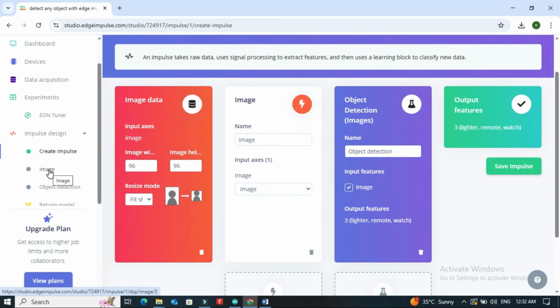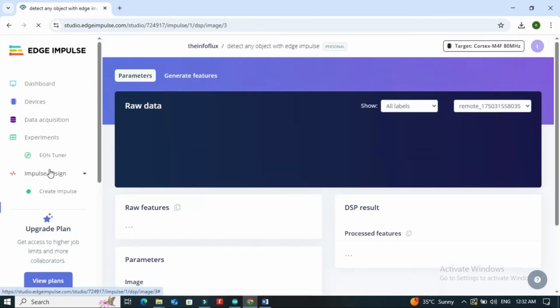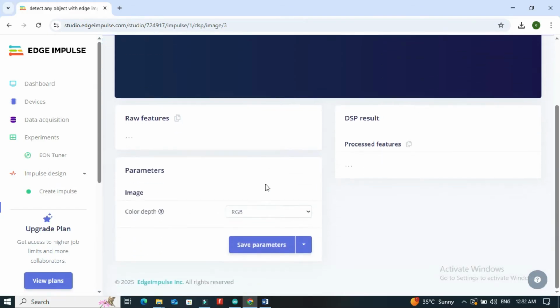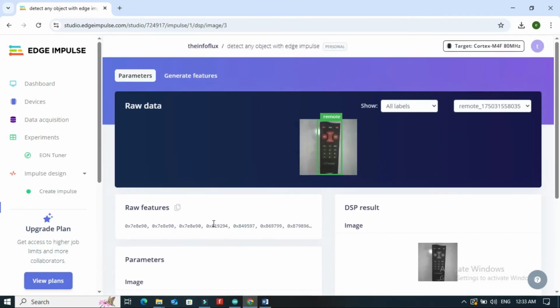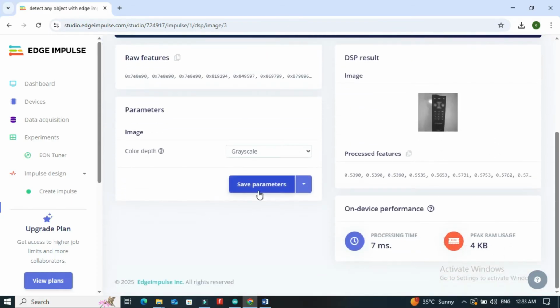Next, click on the image. Change color depth to grayscale. This reduces model complexity and works well for basic object detection. Click Save Parameters.